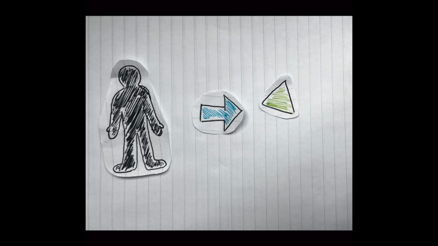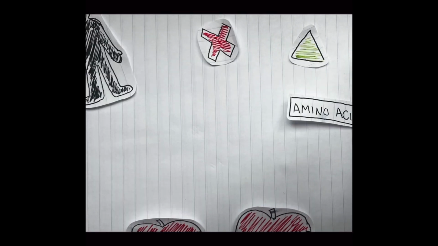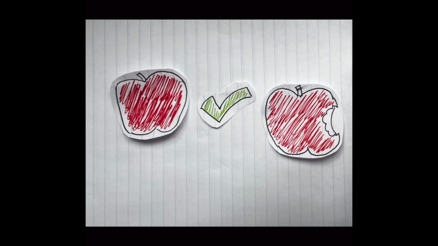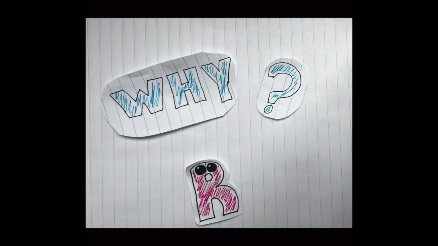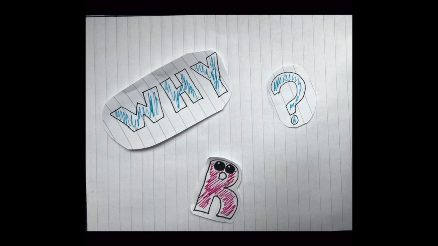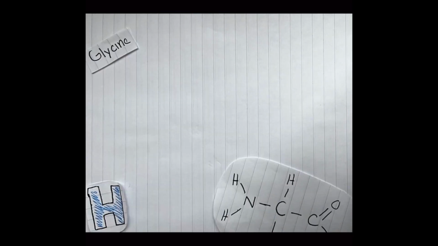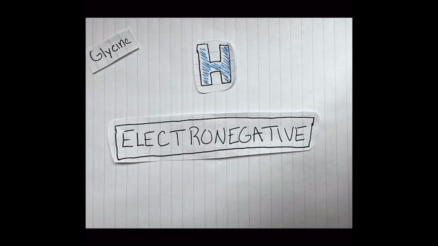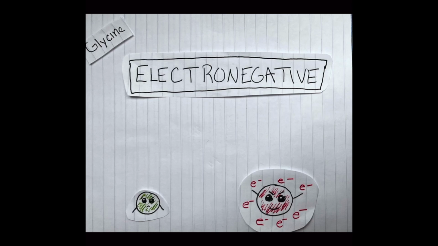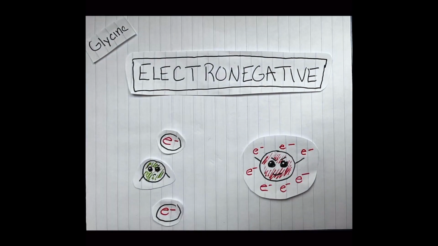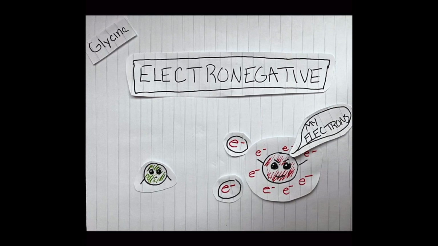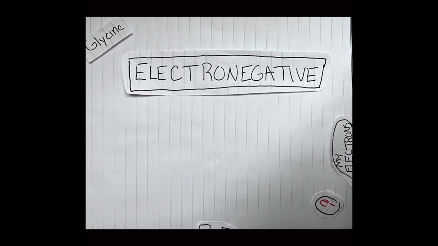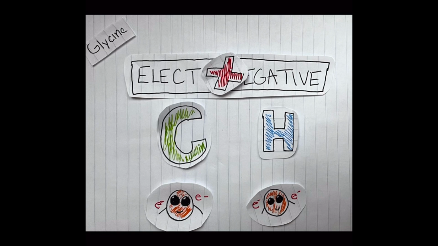Now, how are amino acids made? The body cannot actually produce all of its own amino acids, so our source of amino acids comes from the food we eat. Now, why are the R groups so important in defining an amino acid? Let's start with glycine. Glycine's R group is just another hydrogen. Hydrogen is not electronegative, and neither is carbon. Electronegativity is how strongly an element pulls electrons towards itself. This means that there are no polar charges in terms of the R group. The electrons are relatively evenly distributed.